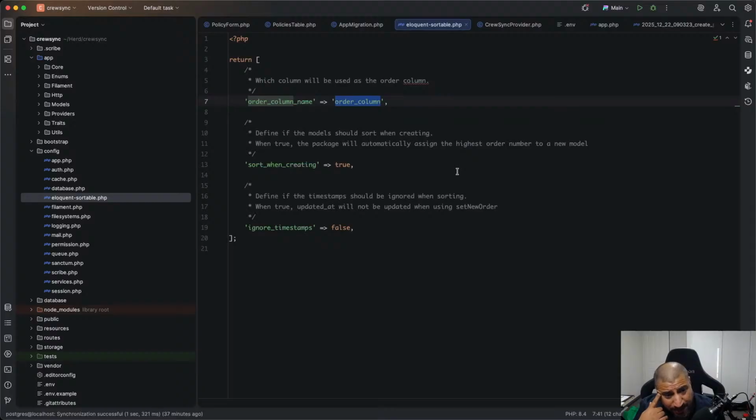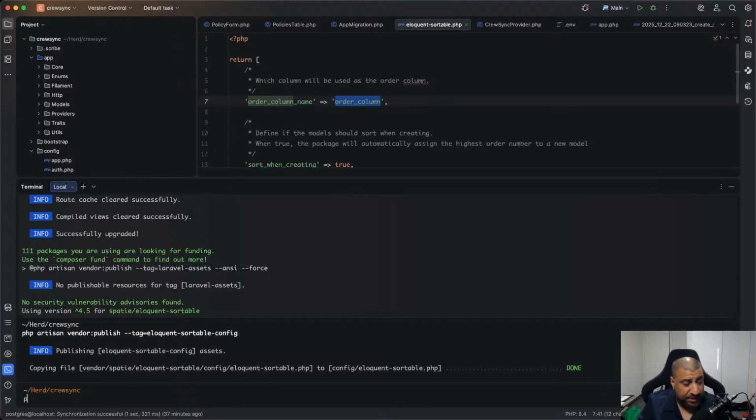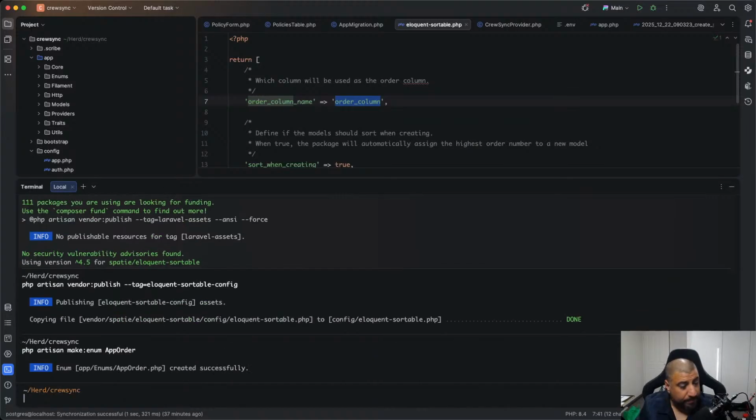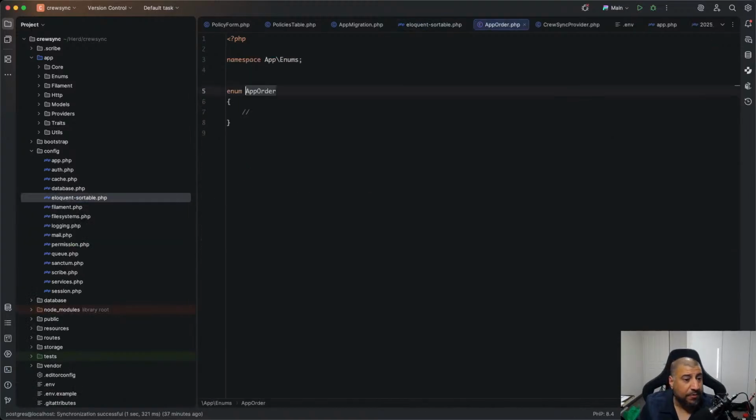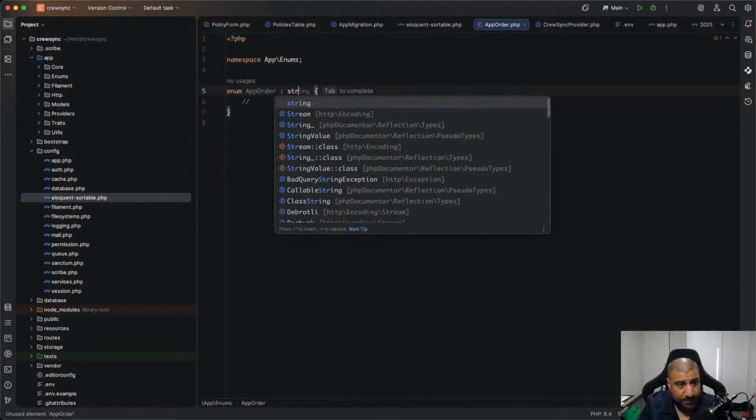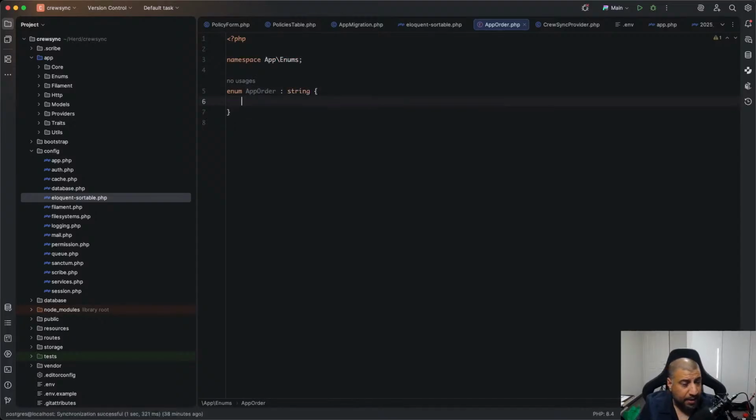Or maybe, just in case in the future I decide to change it, let's make an enum for it. So php artisan make an enum for the app order. Let's go app order. This one is of type string, and